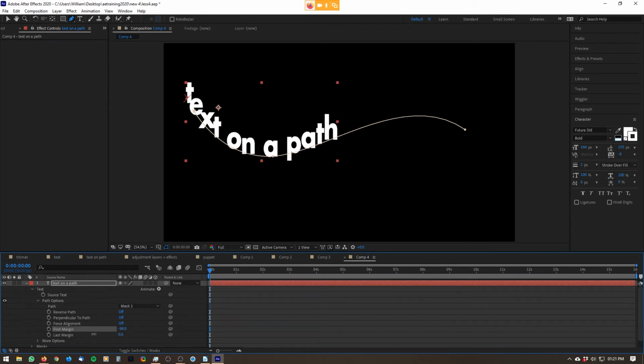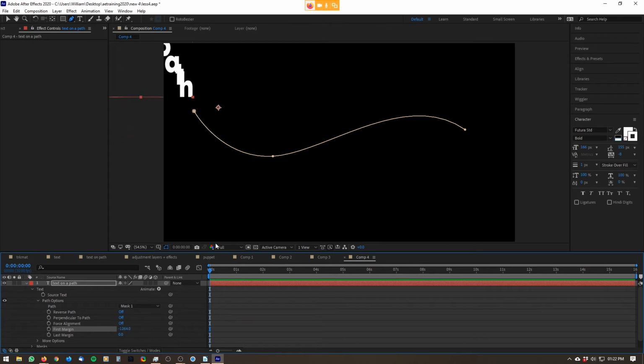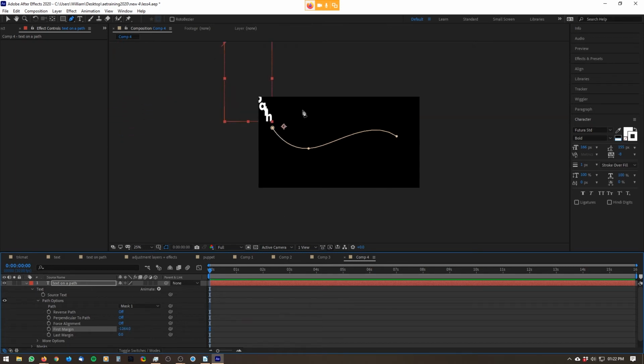And you'll see that if I go into negative values, it actually can go beyond the path. It just follows in the angle of the last point over there. So it's just going to go in a straight line at that angle forever now. So you don't have to make a path that goes off the screen if you don't want, but you can animate